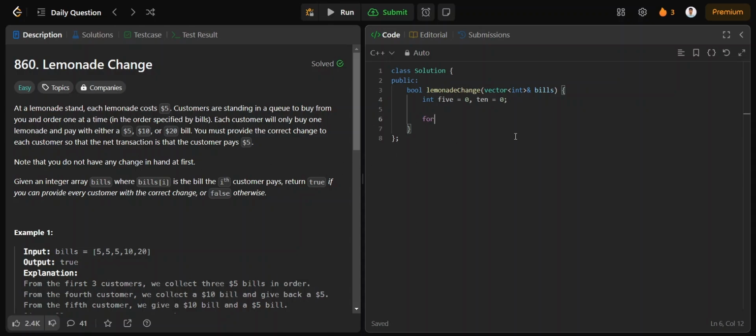So now for each element present in bills, we check first if it is equal to 5 or not. If it is 5, just increase five plus plus. So we do not need to give back anything. Okay. Else